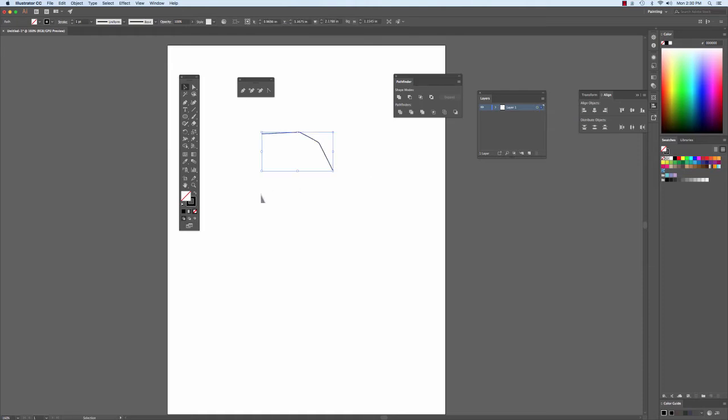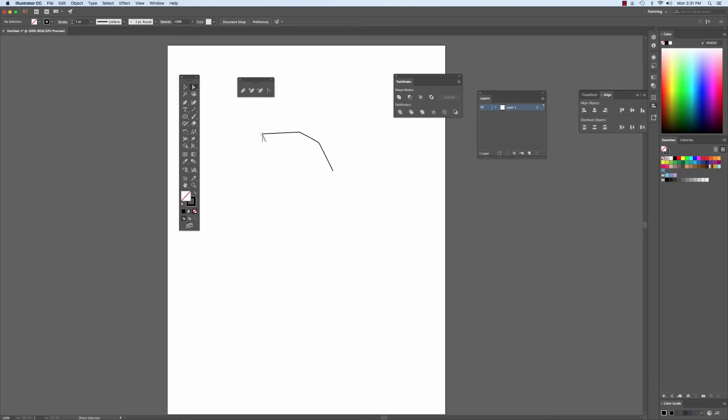To show you, when I go to fill this with a color, you're going to notice that it's going to be a sharp edge. I'll just show you. Now, there's other things that I can do with my path that go beyond a little bit of what the pen panel shows you. So for example,